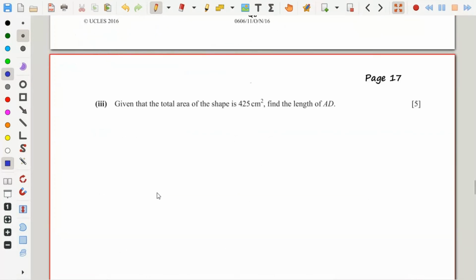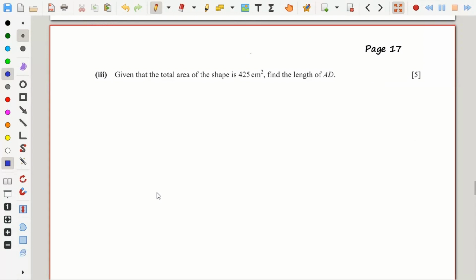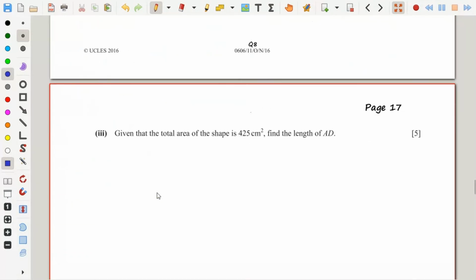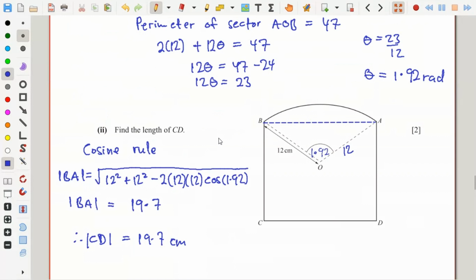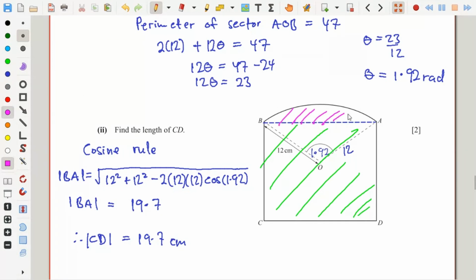Is there any follow up? The total area of the shape is 425 centimeters square. Find the length of AD. Okay. So this one consists of the area of the rectangle plus the, okay, let me see. Can I do some small painting to be sure? Okay, let me paint here Barbie girl pink. All right. Okay. So